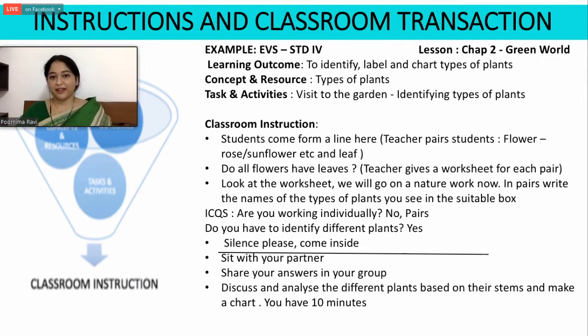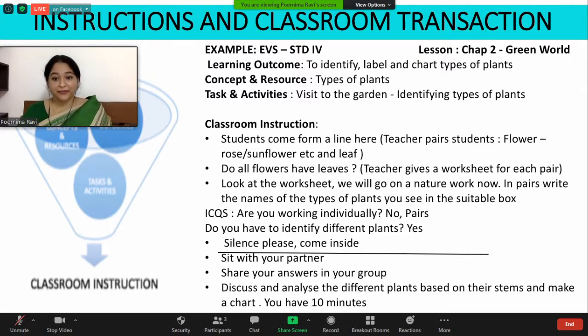Then comes a sunflower, a leaf, a lily, and a leaf. So there are a number of flowers which are accompanied with a leaf. So they form a pair. I check, do all flowers have leaves? I then circulate a worksheet which has a